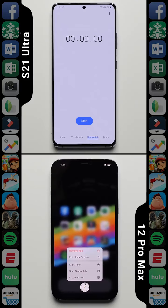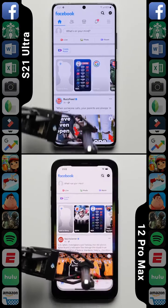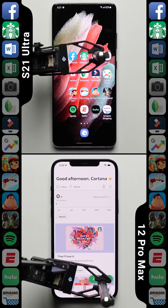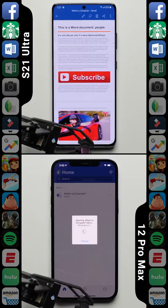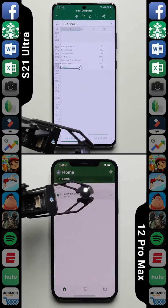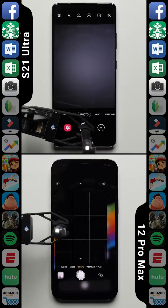Alright, we'll kick things off by starting the stopwatches on each phone and then jumping into the first row, where the two perform identically in Facebook, but here in Starbucks, the iPhone gets hung up a little, allowing the Galaxy to pull ahead as it moves on to Microsoft Word, where it loads that 500-page document faster than at least any other Android phone we've seen before, which is a good sign for the Galaxy, since the iPhone typically makes